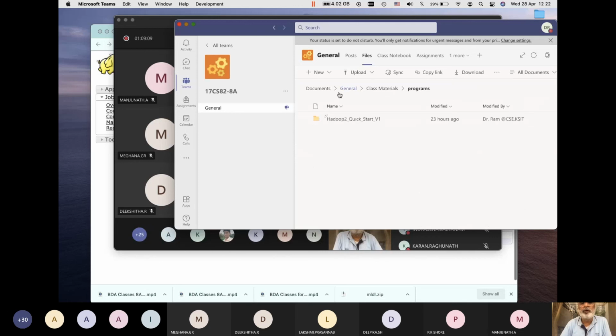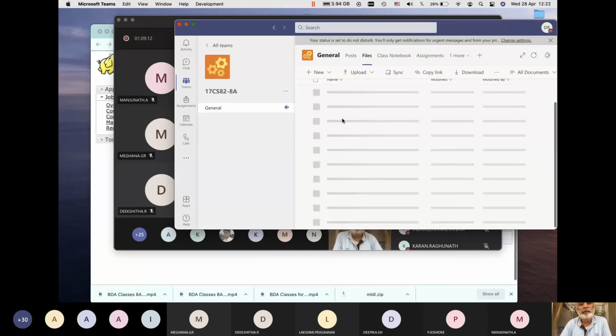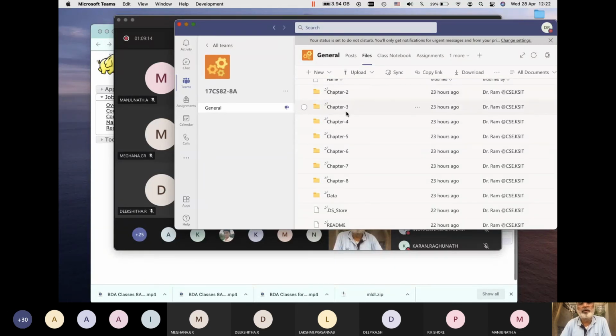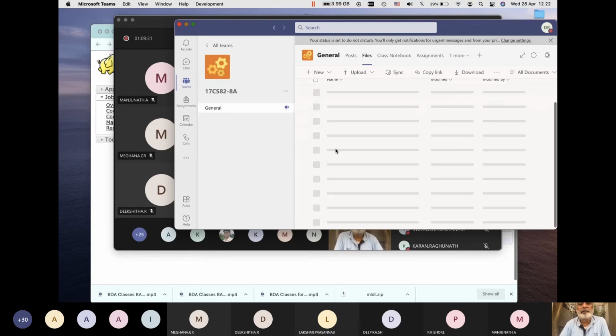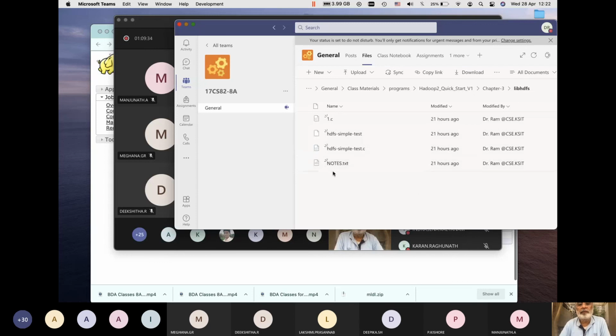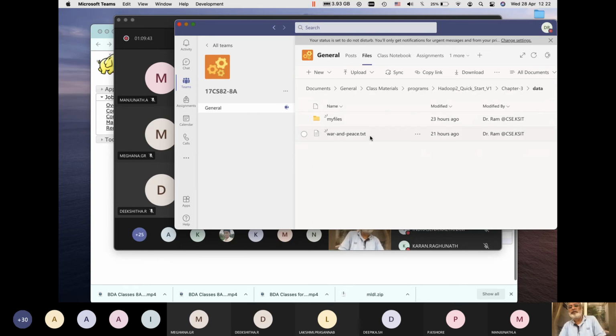In the programs, you'll find all the programs from the authors uploaded for chapter 2, chapter 3, where in chapter 3, you have the Java program, client Java, and the corresponding C version, the libhdfs version, libhdfs simpletest.c, or you can look at other programs like data or word count and other things, War and Peace, which it uses.